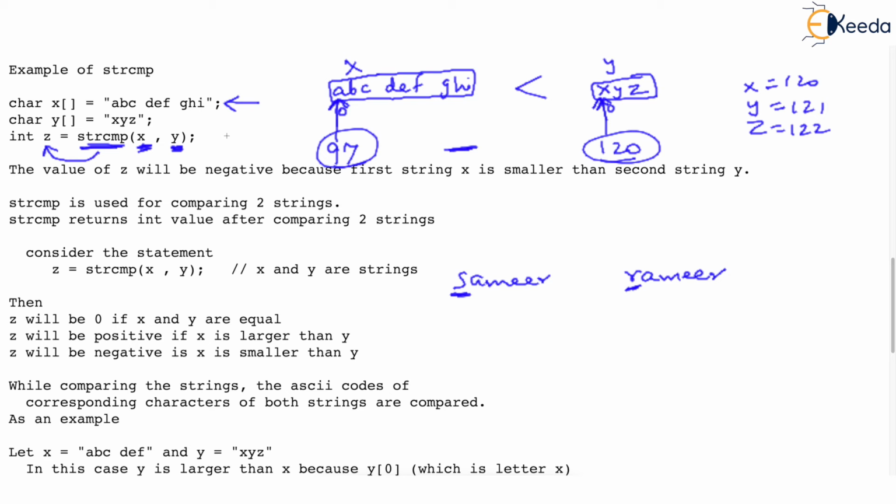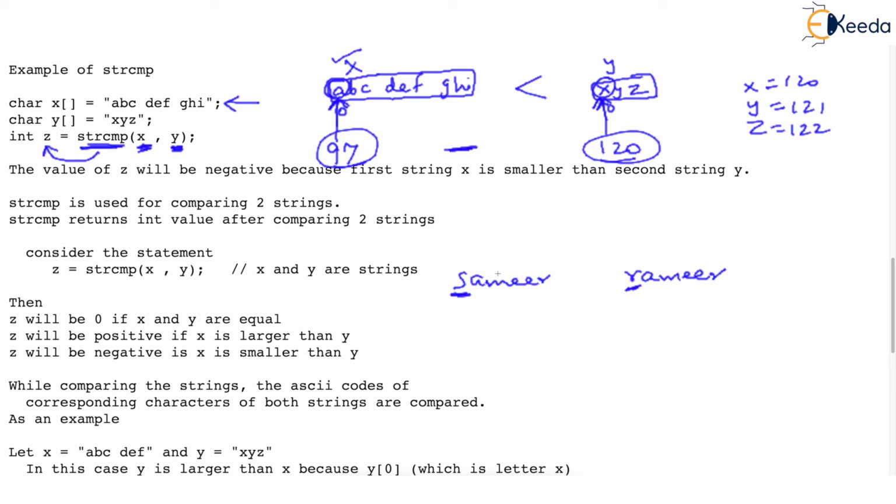What strcmp is telling is, X is such a string which contains a smaller letter. Note A is smaller than X in the alphabet sequence. So the string which contains a smaller letter at the corresponding place should be a smaller string. And this is correct. Don't take it the other way. Don't feel that C is doing something wrong. This is the way the world works, or rather the way strings work in our real world also.